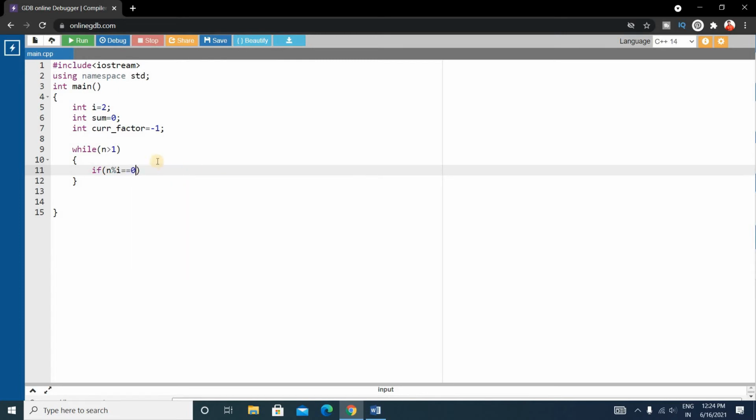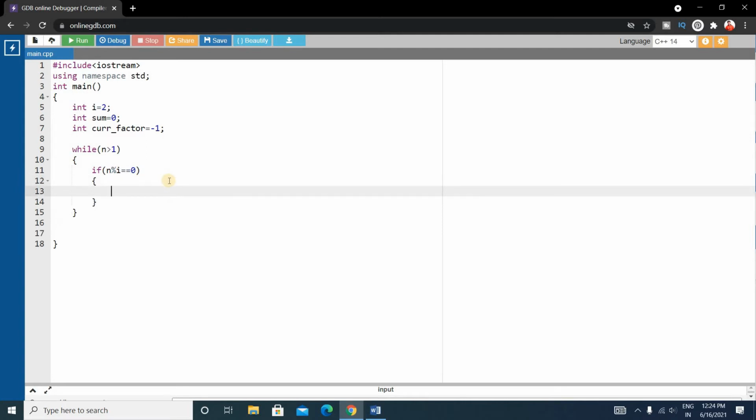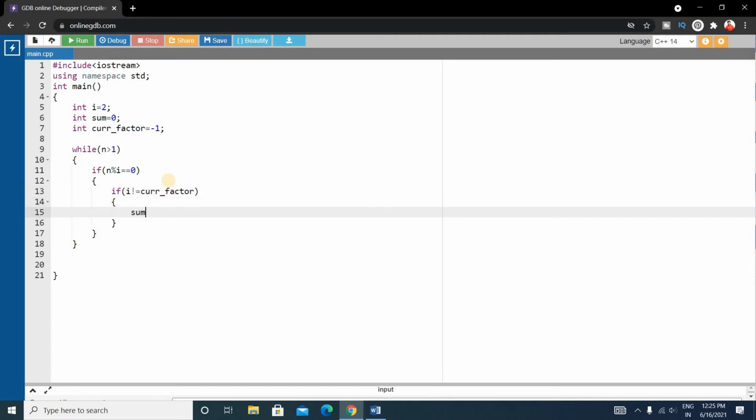Here i is 2. Completely divided means the remainder will be 0, so if n modulo i equals 0, then we check another condition, whether i is not equal to current factor.